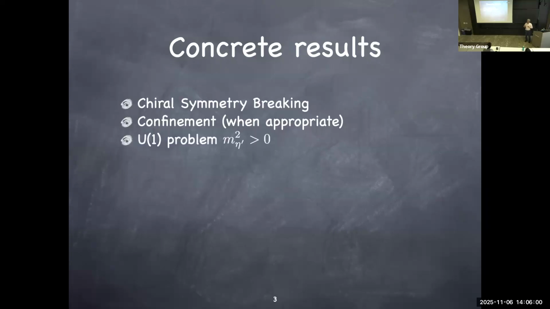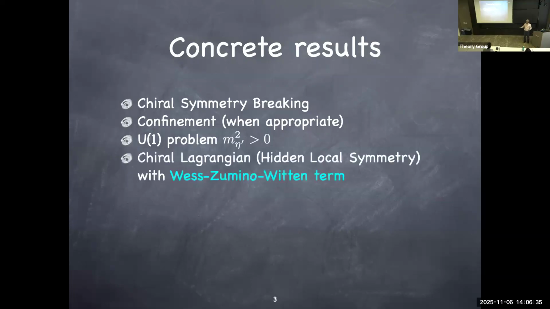And there has also been this problem that the QCD Lagrangian has U(3) cross U(3) flavor symmetry, and it's broken to U(3). So there's also a U(1) Goldstone boson as well. But we know such a state is heavy from the experiments, and that is what is usually called the U(1) problem. The candidate U(1) Goldstone boson is what we regard as the eta prime in the pseudoscalar mesons. In this case, you can calculate what the eta prime mass squared is and show that it's indeed non-zero and heavy.